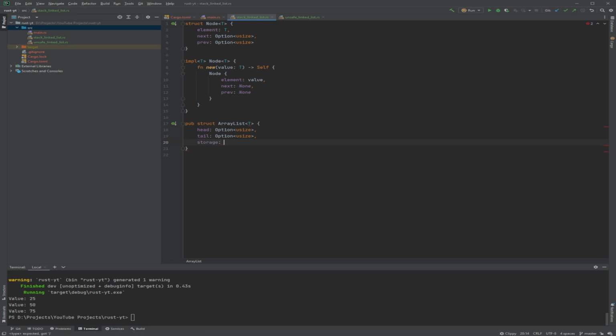Which means obviously we need a place to store this. So we have a storage vector, which is a dynamic array on the heap. And obviously it's going to store generic node. Okay. Now we want to do an implementation for this.